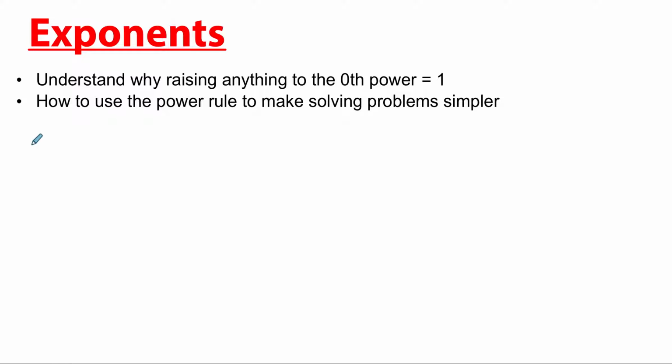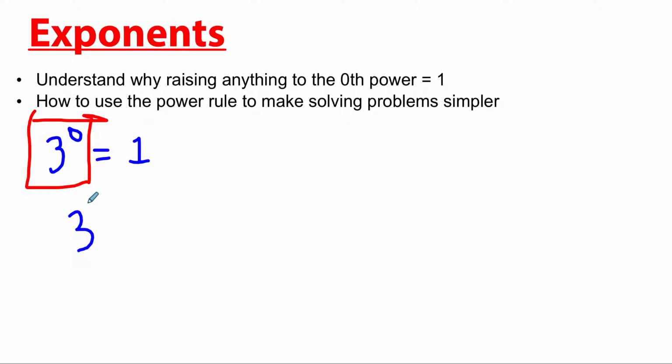Here's what I mean. What happens if we raise any number to the 0th power? Well, as I said a second ago, and as you've probably learned, that is 1, and that's a rule that most oftentimes we just memorize. But let's use the quotient rule to actually get an answer that would look like that. So here's what I mean. What if we had a problem that said, what is 3 to the 3rd power over 3 to the 3rd